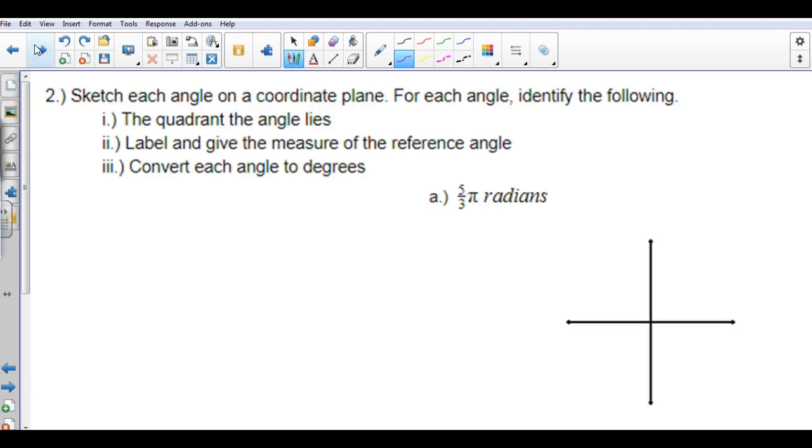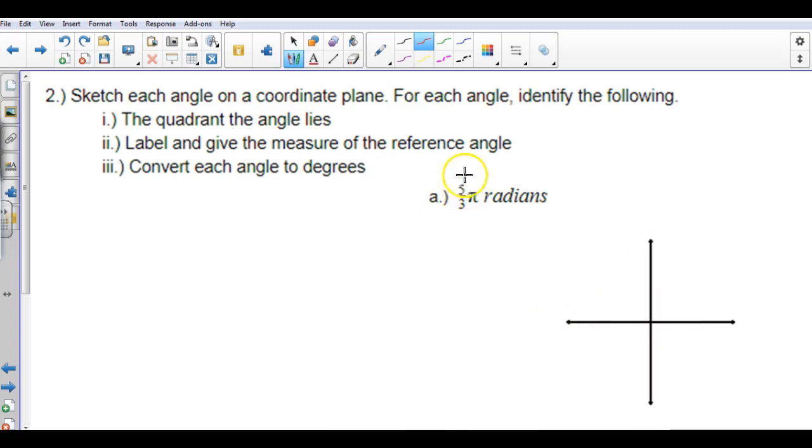Alright, so I'm going to do the same thing here, except these ones don't have the coterminal angles, so we're going to just skip that part for now. We'll label and give the reference angle, except this time we're going to start with radians. So in this first one, and this is where I want to start getting good at fractions right away, we